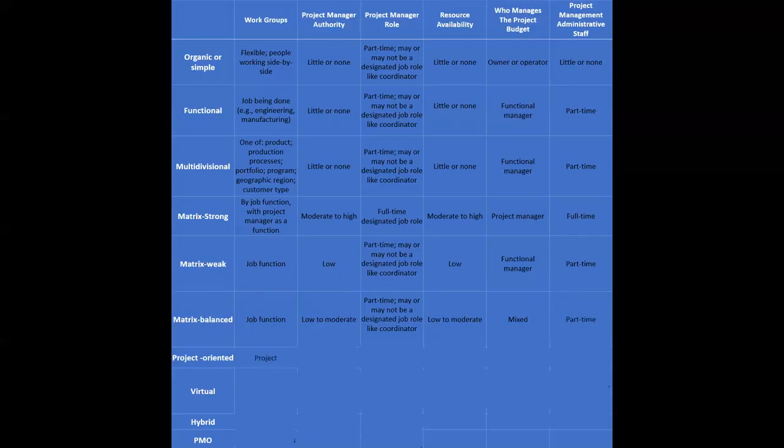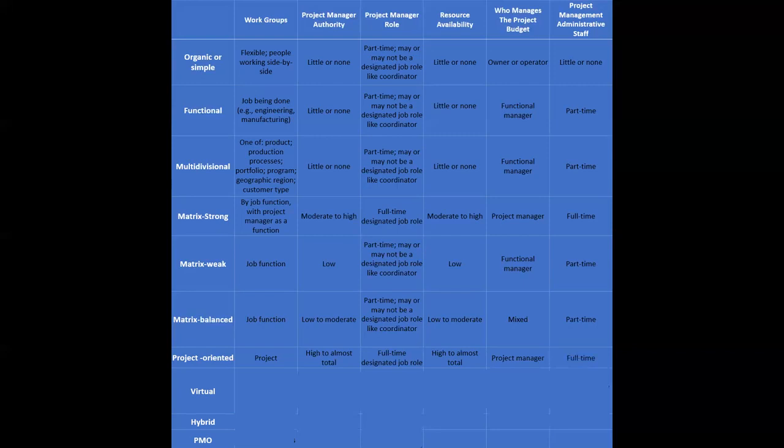In case of pure project-oriented organization, the work groups will be working on a project. Project manager authority will be high to almost total. For project manager role, it will be a full-time designated job role. Resource availability will be high to almost total. Who manages the project budget? It would be the project manager, and the project management administrative staff will